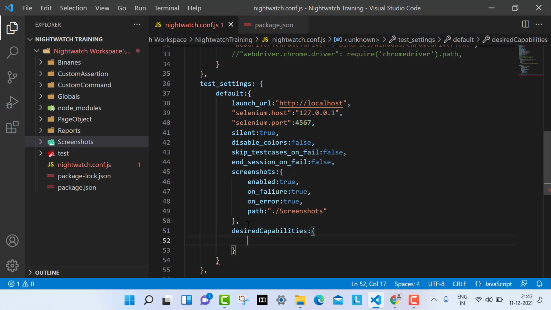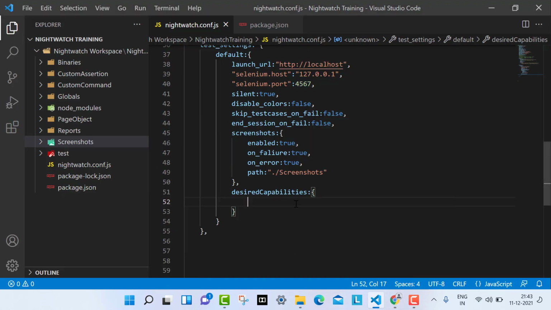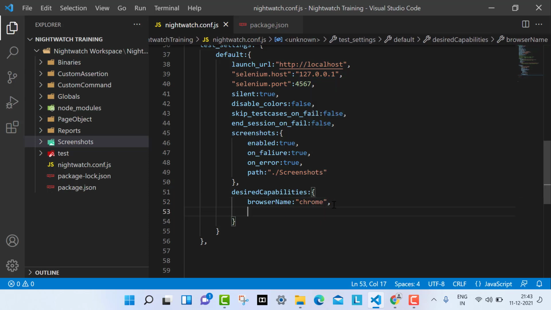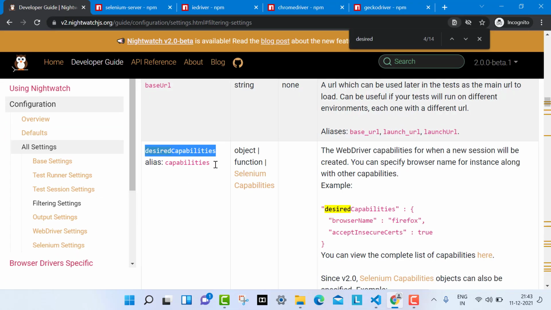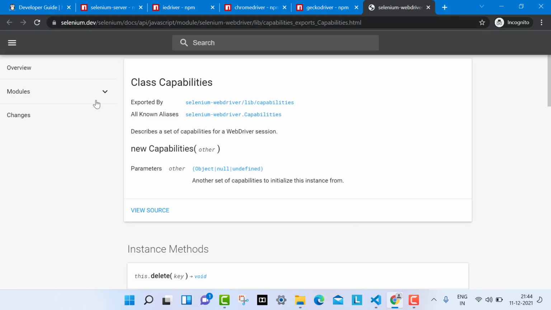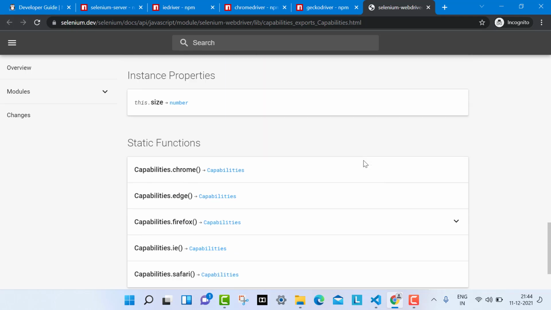So I will define some desired capabilities also. I will paste the desired capabilities, right? And inside that, I can give the browser name. By default, I'm going to use the browser name Chrome because I'm going to use Chrome. If you want to find more capabilities, you can search for Selenium capabilities here.